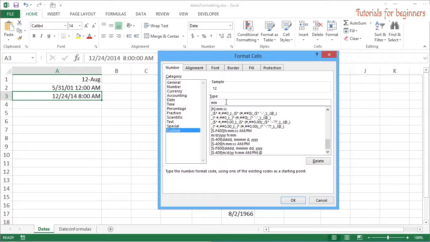If I type 2 M's, it remains as a 12. Now the difference between M and 2 M's is when it's a single digit month, such as everything up to September really, you would only get a single digit for the month. So instead of saying 08 or 09, it would just say 8 and 9. I'm going to leave it as 2, not because it's 12, because I want to see a 2-digit when it's